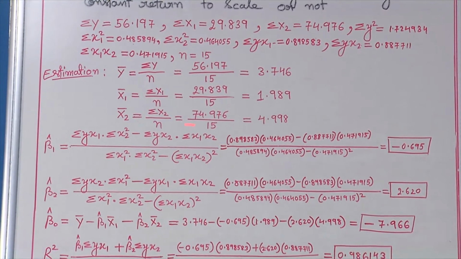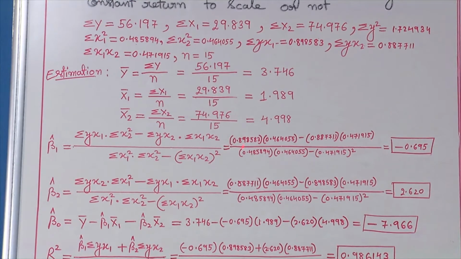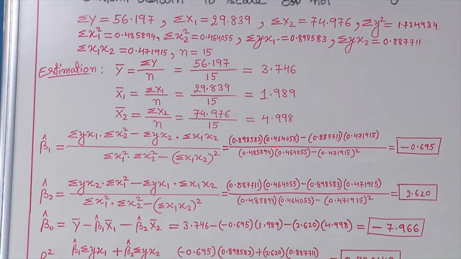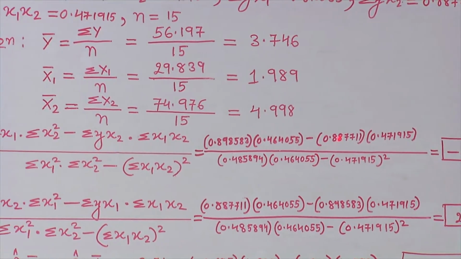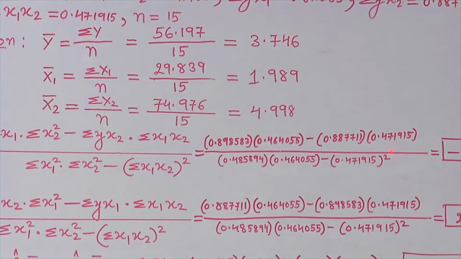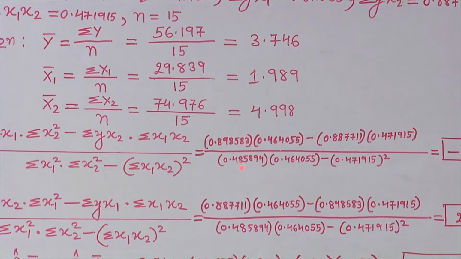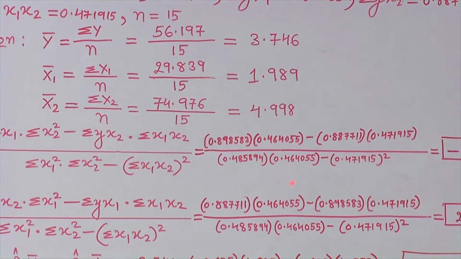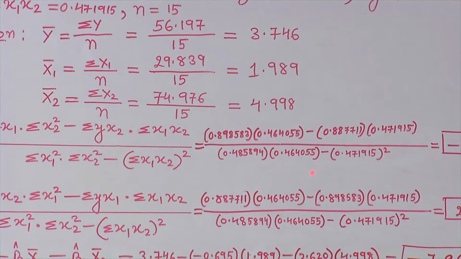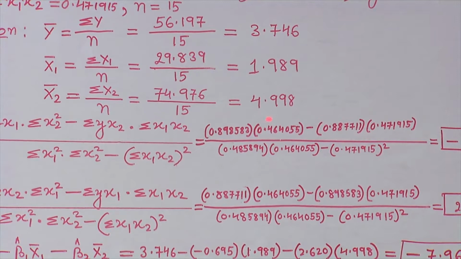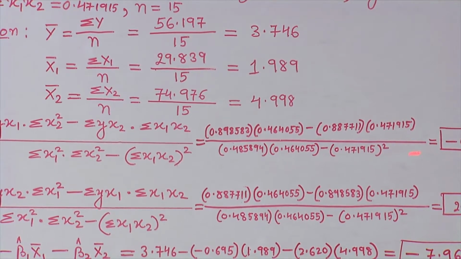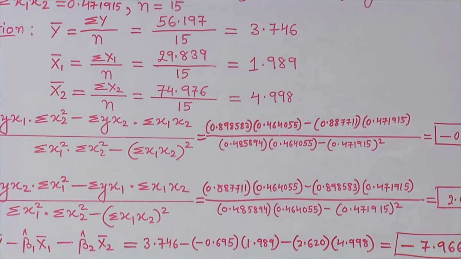Sigma y x1 is equal to 0.898583 and sigma x2 squared is 0.464055, minus 0.887711 into 0.471915, the whole divided by 0.485894 into 0.464055 minus 0.471915 to the whole square. So, this will give us beta 1 hat as minus